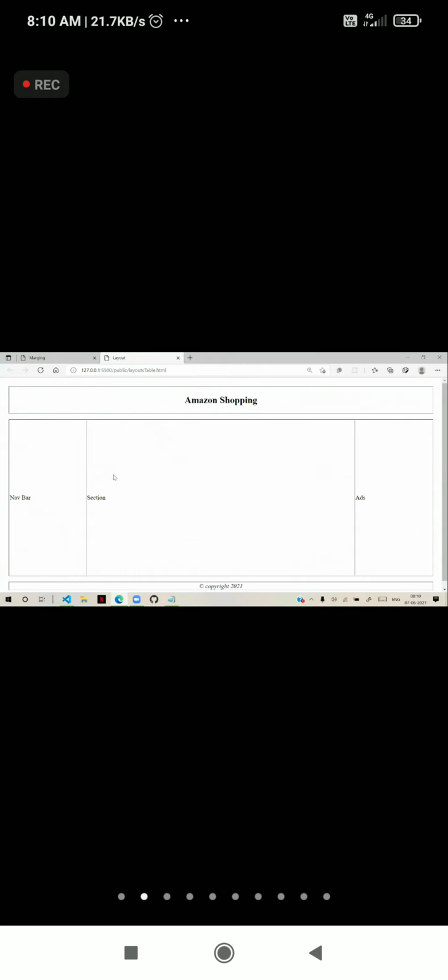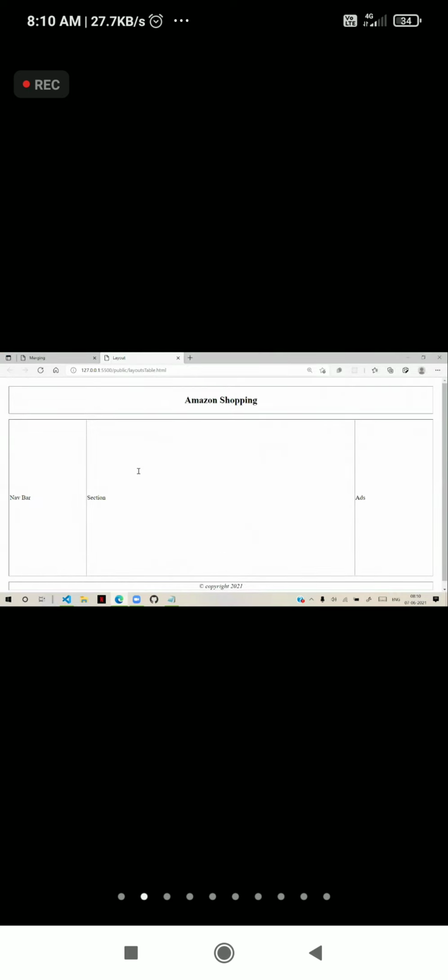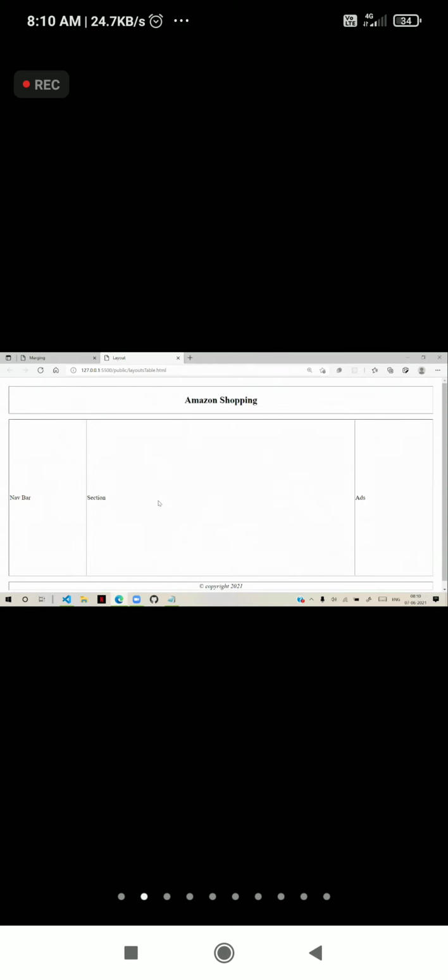Inside the table we are arranging another table. This is a table inside another table. Tables can be nested. You can keep your content organized in a table inside another table. And it's not mandatory that it should have a header section, body section, footer section. When we are designing layouts, we don't have these sections. When we are designing data, then we will have those sections. If there is no data, we can just keep a row with cells, and you can keep any content inside it.